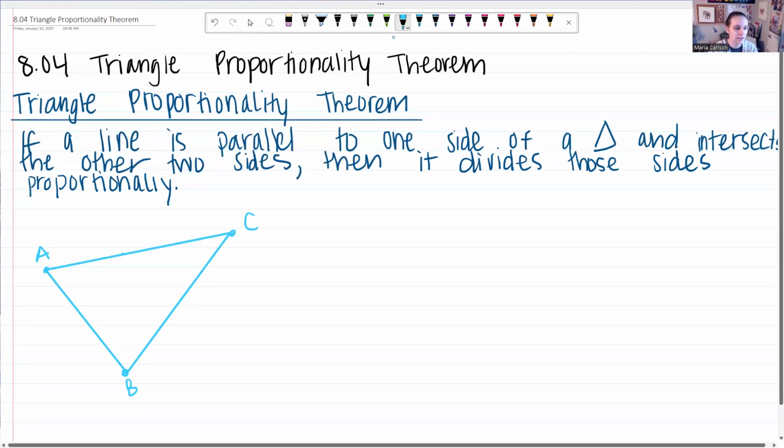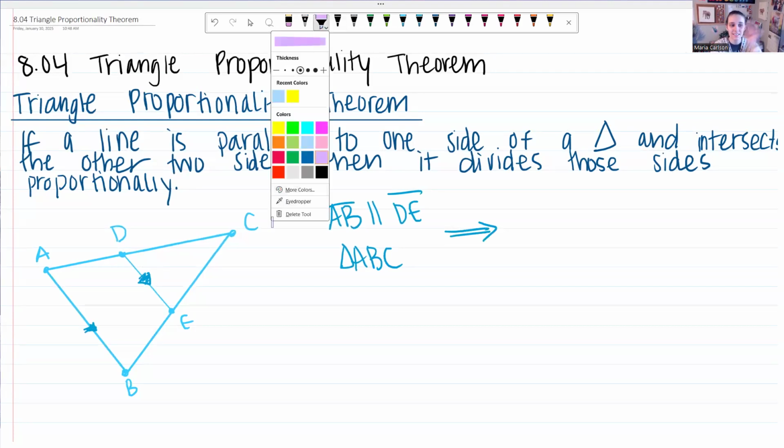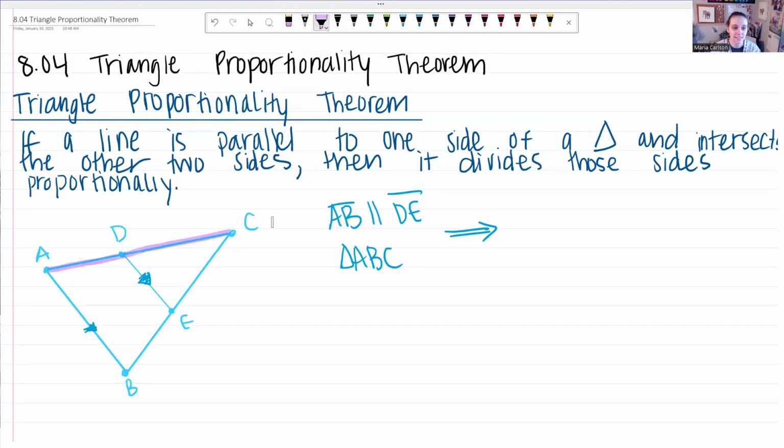And we have a line that is parallel to AB. I'll make that this line DE. And we know that these two lines are parallel, right? I'll write that. AB is parallel to DE within this triangle ABC. So by the triangle proportionality theorem, I know then that DE divides side AC up proportionally to the way it